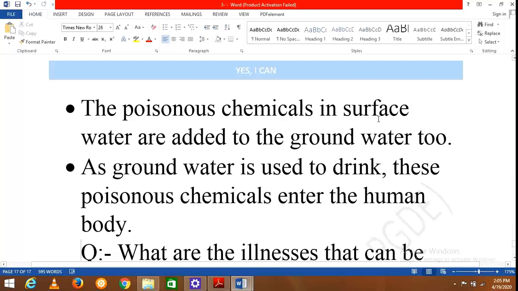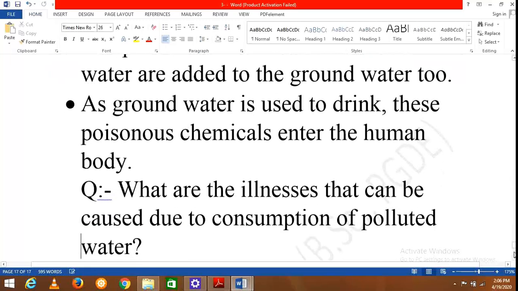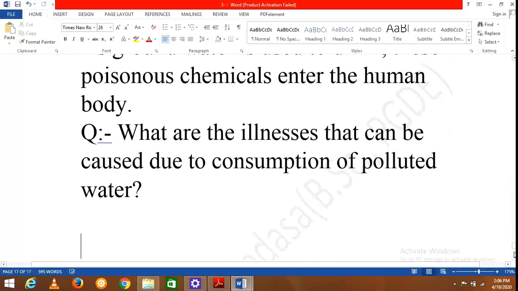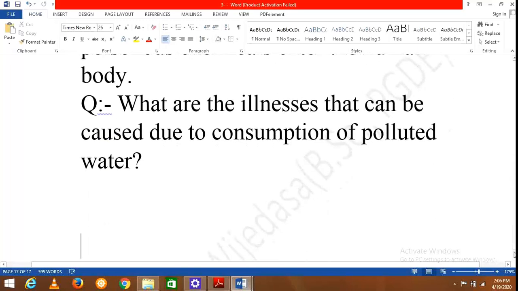The poisonous chemicals in surface water are added to the groundwater too. And as groundwater is used to drink, these poisonous chemicals enter the human body. Not only the human body, these are absorbed by the plant bodies as well. Then you are asked, what are the illnesses that can be caused due to consumption of polluted water? There are so many illnesses, long-term illnesses